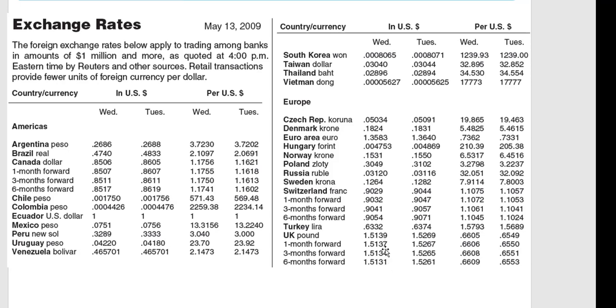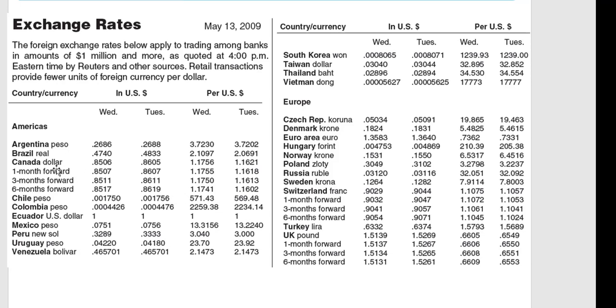So what they predicted at this point was that the dollar would continue to appreciate against the pound, because as you go into future months, the amount of dollars that one needs to give up in order to buy a pound gets smaller and smaller. So corroborating the expectations of a continuous appreciation of the dollar against the British pound.